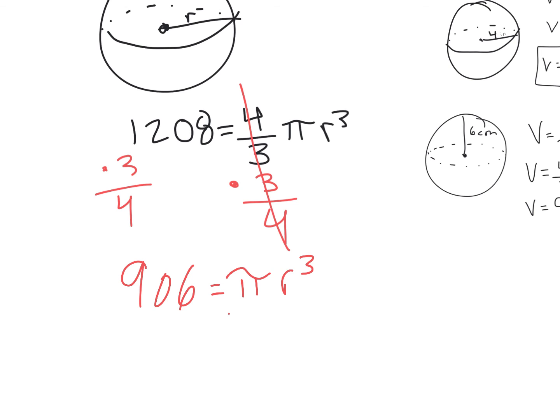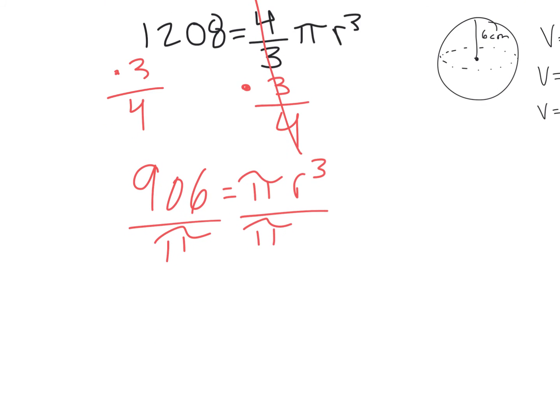Well, now I need to divide by pi to get my radius by itself. So you can use the pi button or 3.14, and you'll get about 288.54. So 288.54, and those pi's cancel out, and that just leaves us with r